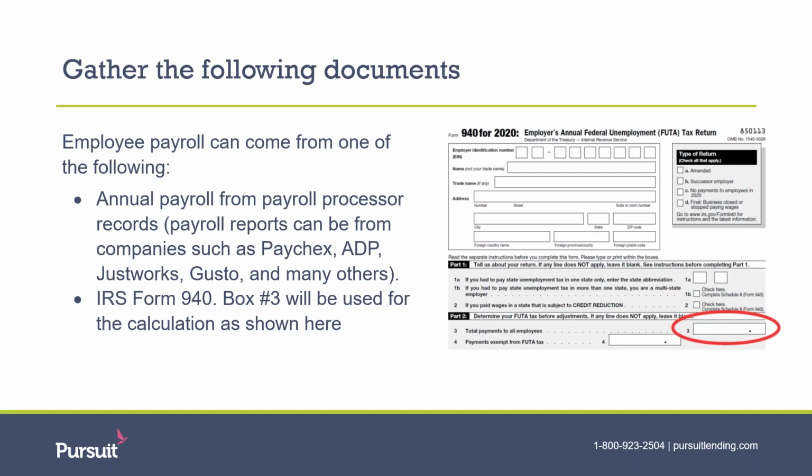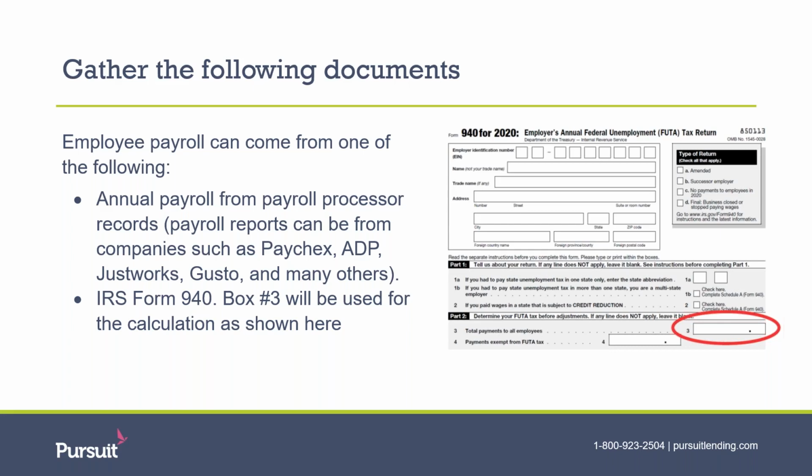Next step is to incorporate the employee salaries that are included within the business. This can be done in a number of ways. For businesses that use a third-party payroll processor, such as ADP, Paychex, Gusto, and JustWorks, this is a great document to utilize to figure out what your employees' salaries are for the year. Typically, you can go to your payroll provider and they will have a specific document geared towards the PPP program. If not, you will use the average or the total gross receipts for the year